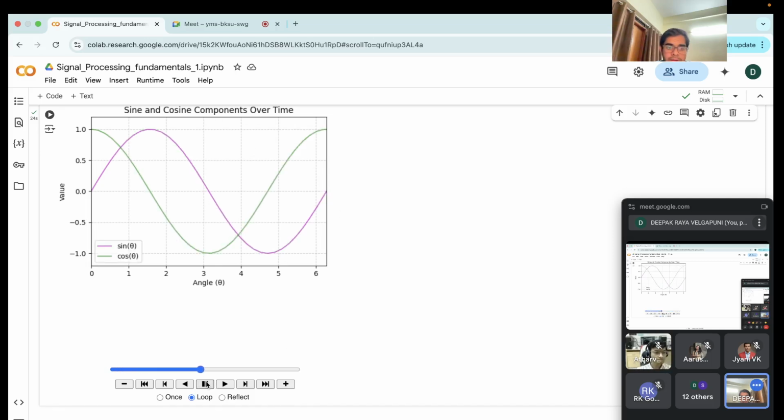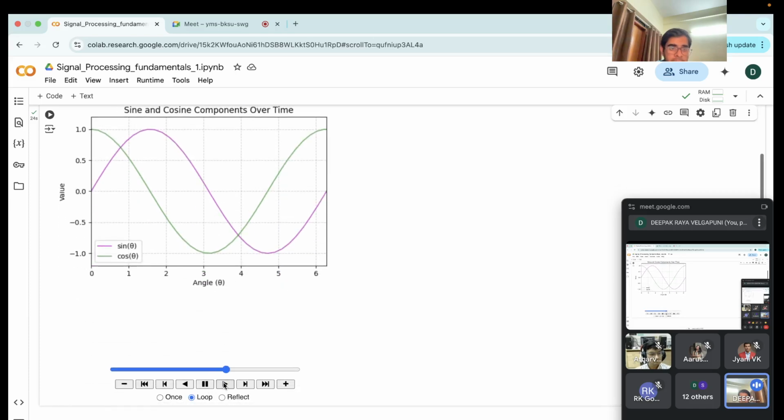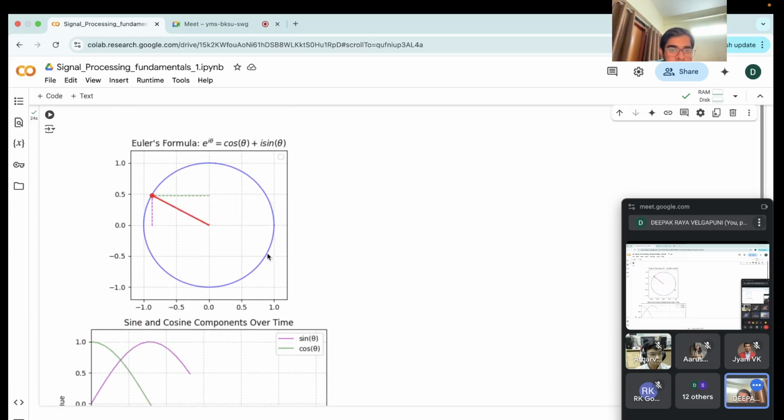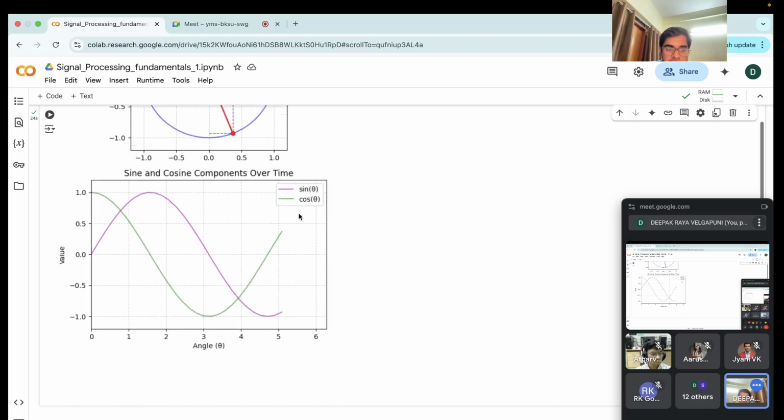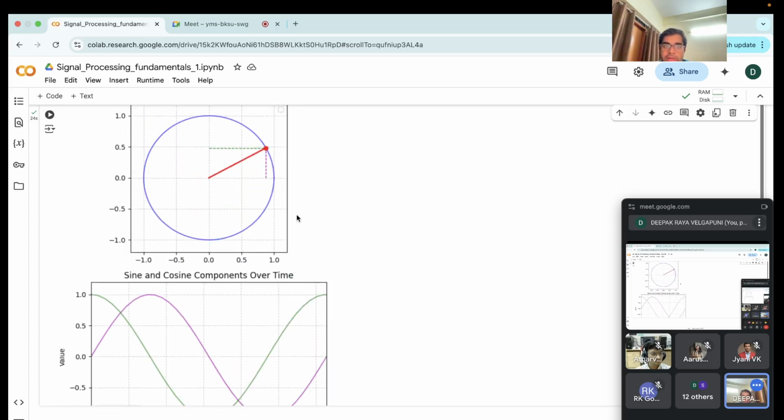As you saw, it starts moving here. When you play, the height of this green at this point is 0, and as it starts rotating it increases and then comes back to 0, and then again it increases. That's what you see here. This is a cos curve and this is a sine curve. So any sinusoid can also be represented in this format,